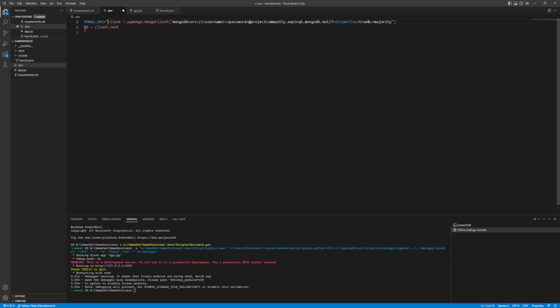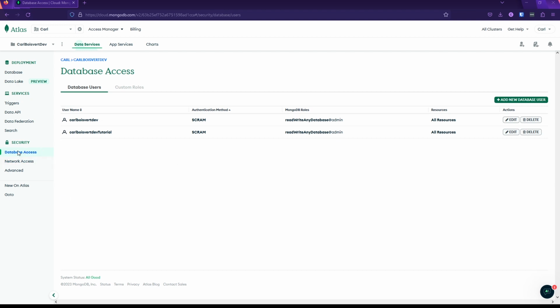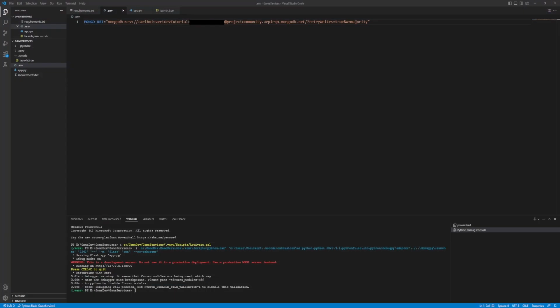So we're just going to make sure it's all in one line, and we just want the string. We don't need these things here. So what we want is something like this. We just want that part, and you're going to replace the username and password with what you put when you created the database. If you go back in the browser, in database access, this is where you can find your access. You can edit if you want to change the password of the user. Then when you go back into your editor, you can just put the username and the password, and this information is going to be used to